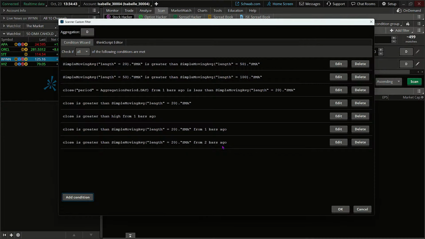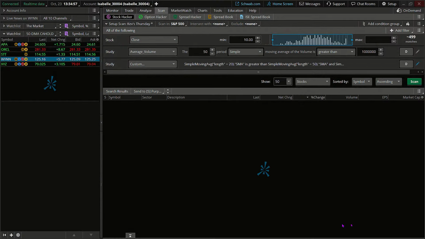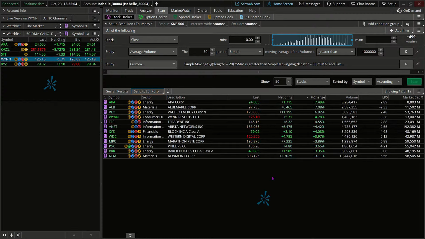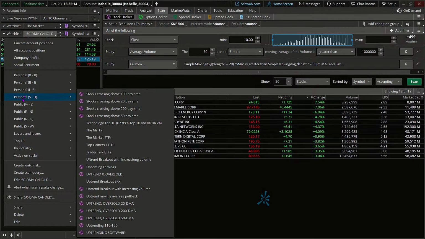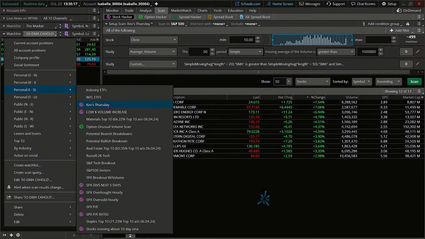Now, Chris, I'm going to ask you, I guess we're going to answer that question when we see the results. Because if the results come the way that I'm expecting them to, then my answer would be no. But if I don't get results from the screen or the scan here, then I might feel differently about that. Let's see what it does here for me, if I can get anything from my scan. There we go. Okay, so let's do that. So this is scanned as Kev's Thursday. Let's change this to Kev's Thursday. There we go.